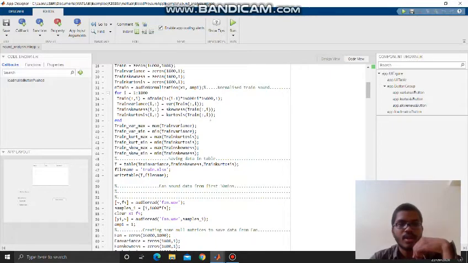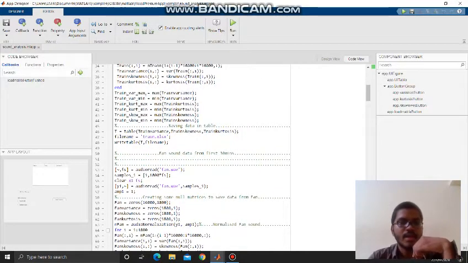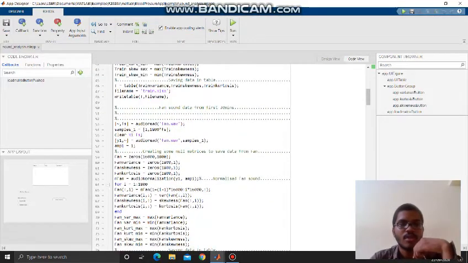found the variance, skewness, and kurtosis of the train signal, and found the threshold values. For finding the accuracy, we will use the max and min of the train variance, kurtosis, and skewness values. Then we will store all this data in an Excel sheet with the train by using the writetable function, and